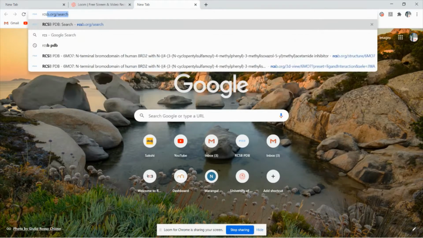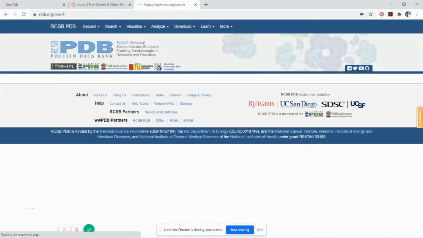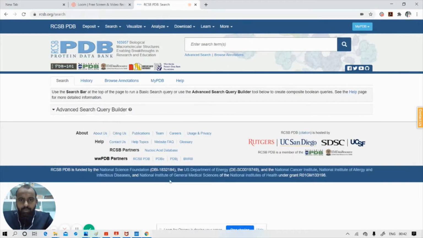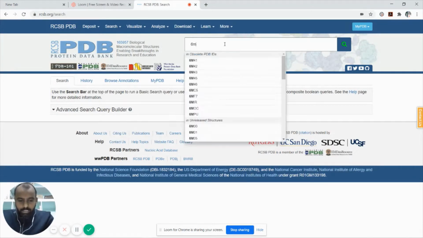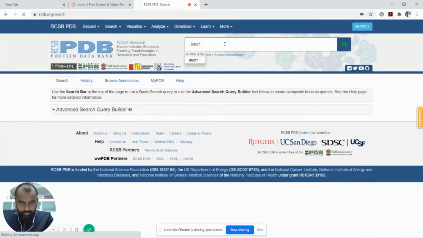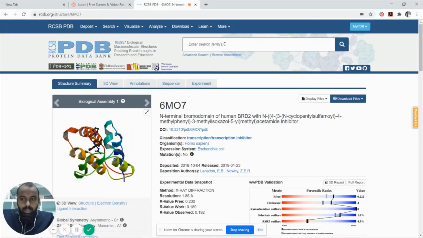So let us go to the Protein Data Bank and see the characteristics you get from it. In this data bank, I am just typing a protein, which is 6MO7. I'll simply click on it. It clearly tells me about the N-terminal bromodomain of human BRD2 with a ligand in it as an inhibitor.